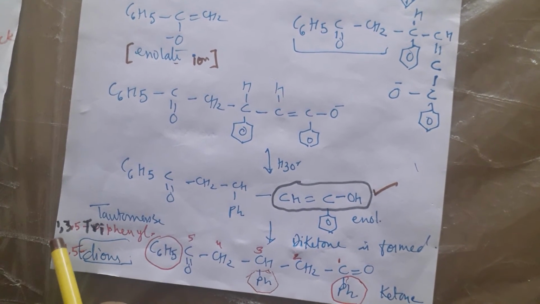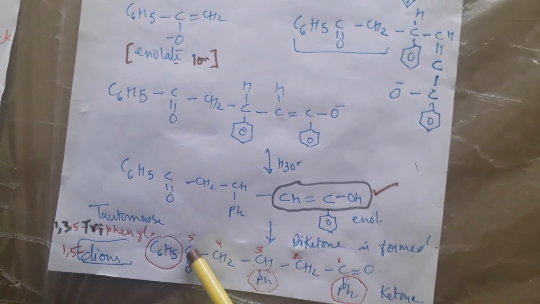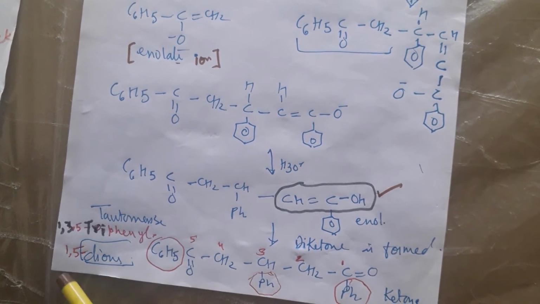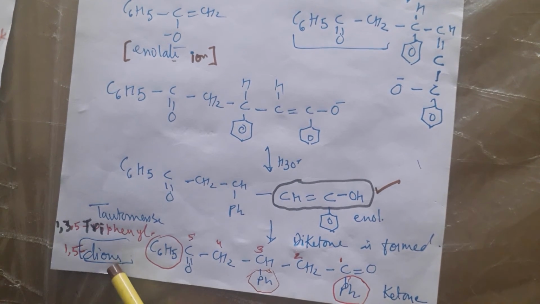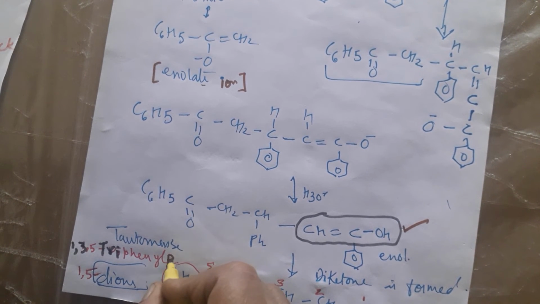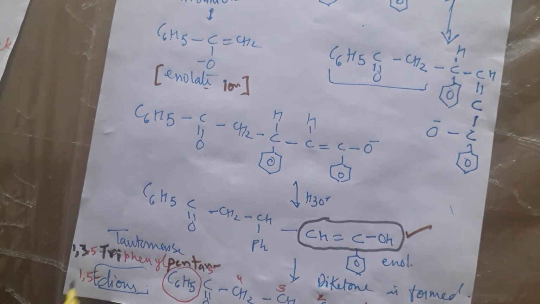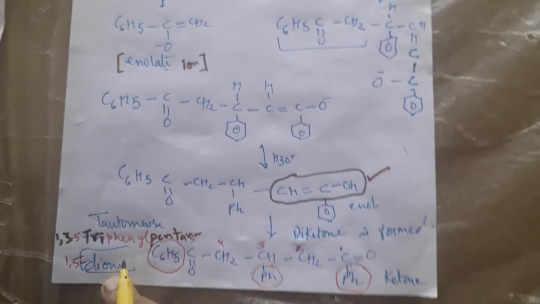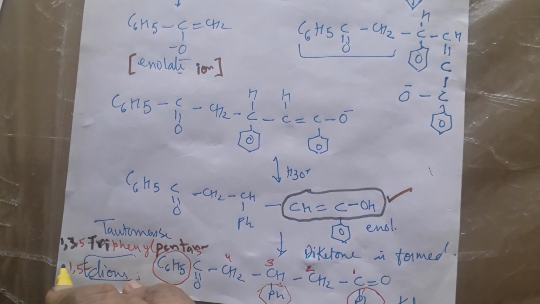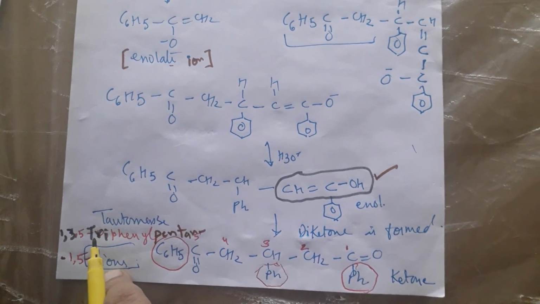So we can write down the IUPAC name like this: 1,3,5-triphenyl. Okay, how many carbons are total? 5. So how many keto groups are there? At the first carbon and the fifth carbon. So we will write 1,5-dione. But see here, I forgot to write pent. I have to write pent here. 5 carbon, so I can write pentane. Then 1,5-dione. Clear? I think this point is clear to you. 5 carbon, so pentane-1,5-dione. We have to make a dash also. It is in continuation, but I have written over here. Clear? And this is all about Michael addition.